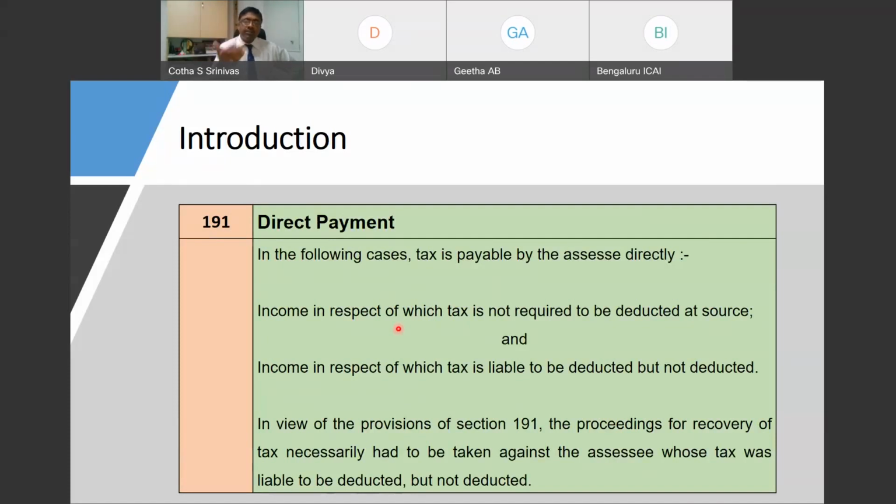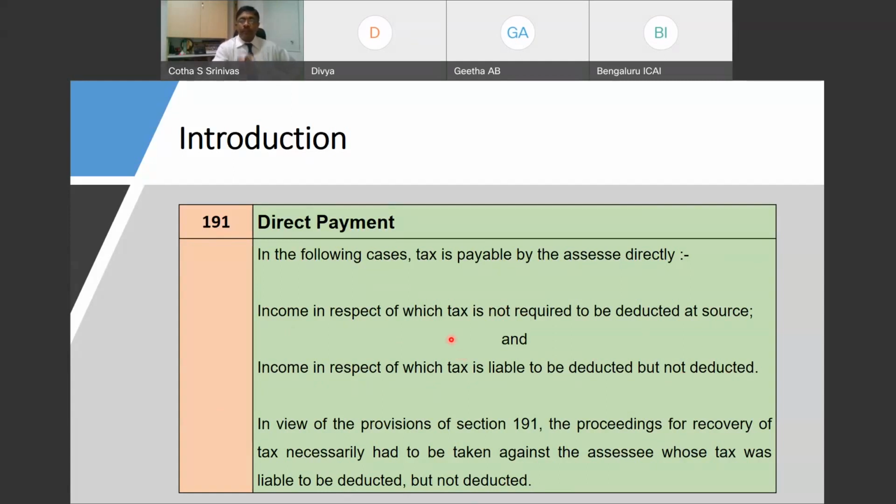Or there may be a second situation where a person earns an income on which TDS is applicable, but the person who is supposed to deduct TDS has not deducted TDS. So there are two situations: income in respect of which tax is not required to be deducted at source, and income in respect of which tax is liable to be deducted but not deducted. In these two